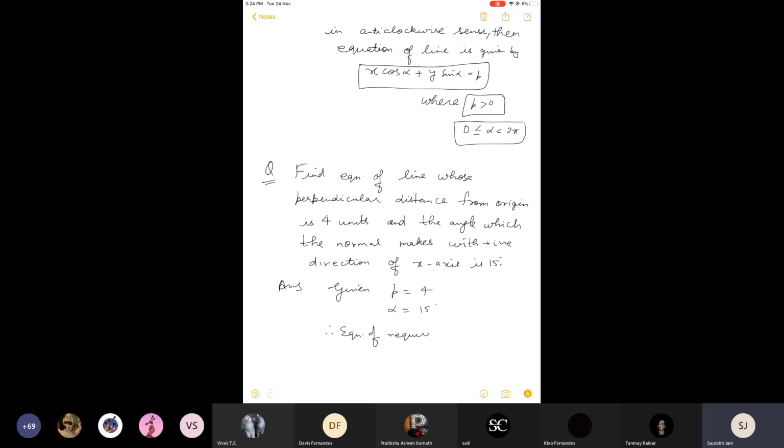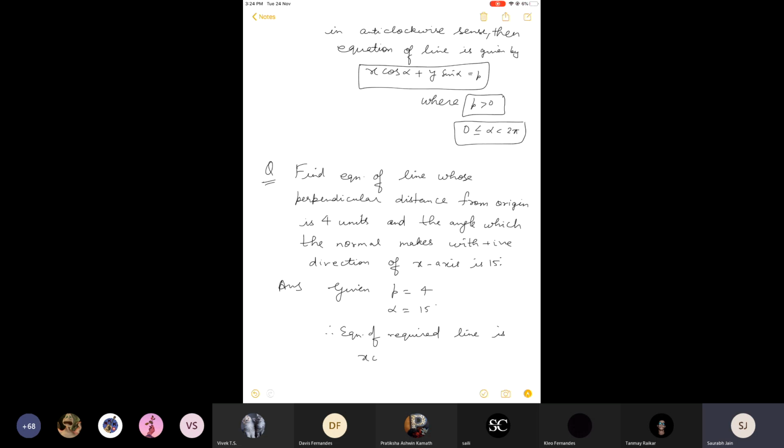And you may get some good questions at the end of the chapter, maybe in miscellaneous or when you are solving the exercise. So when you attempt the exercise, you will get some good questions as well, not just value putting. So the equation of required line is